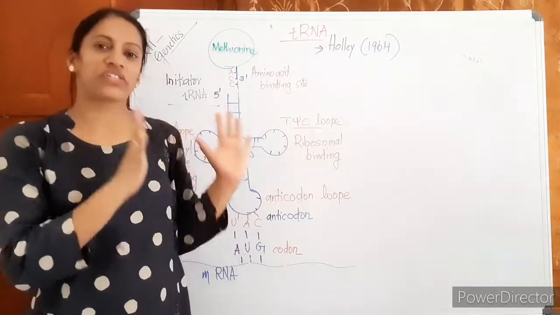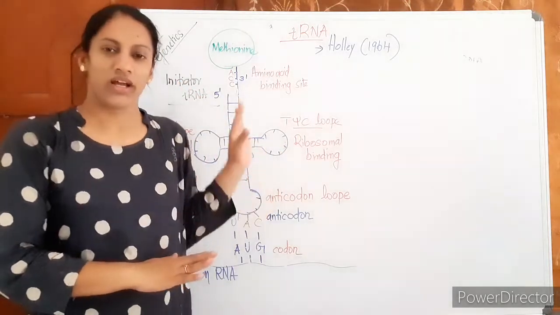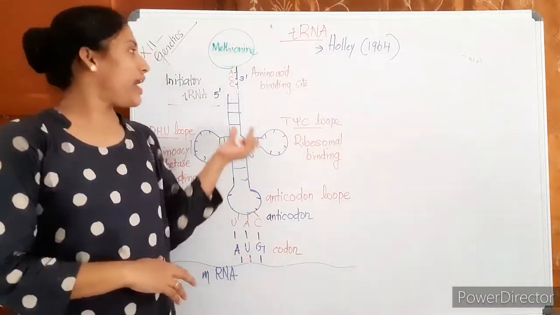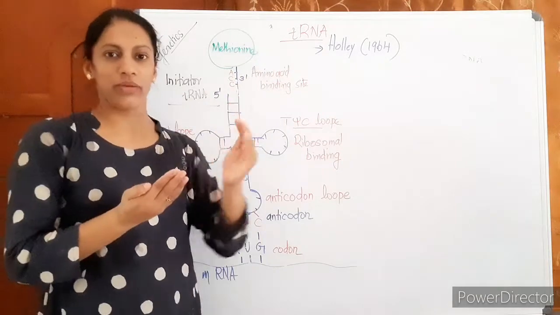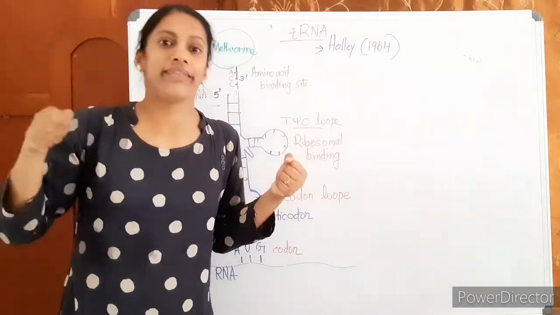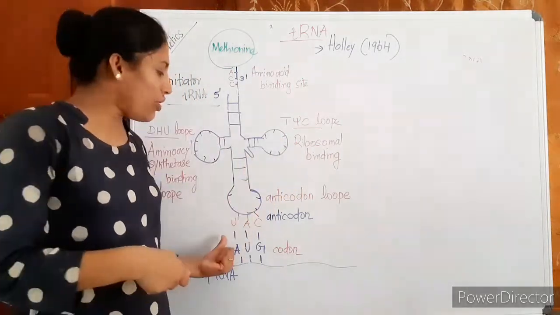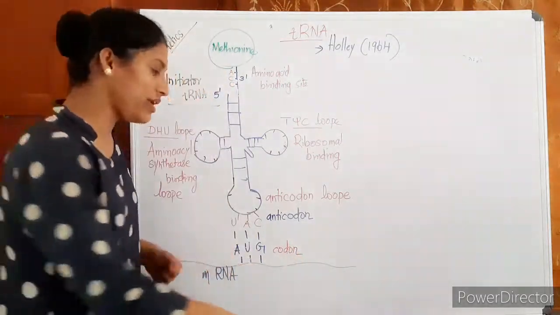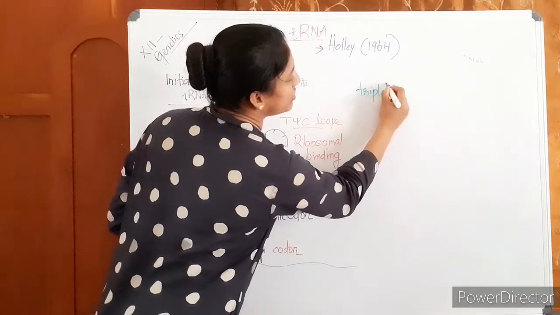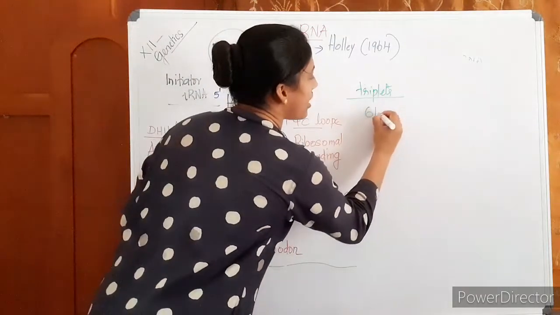Okay, so the structure of tRNA you are clear. How it functions is also clear. How can it function as an adapter? Because it has an anticodon to bind to this side and it has an amino acid binding site to carry the amino acid. So on one side it can bring the amino acid, on the other side it can read the mRNA triplet codon. Then my question is, how many different functional triplets are there? 61 triplets are there.